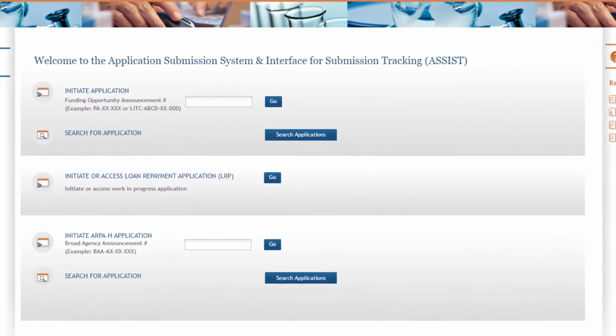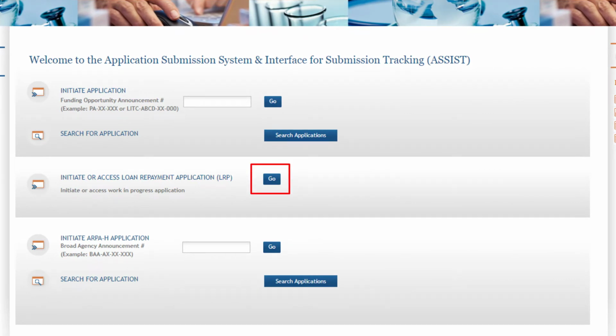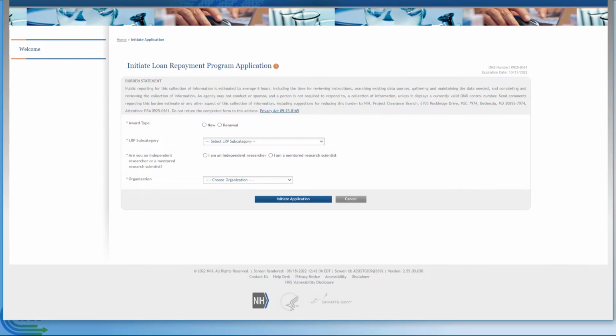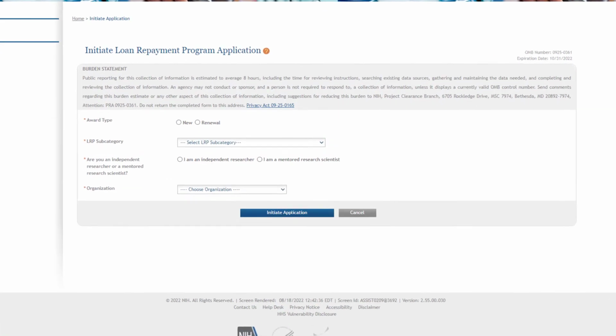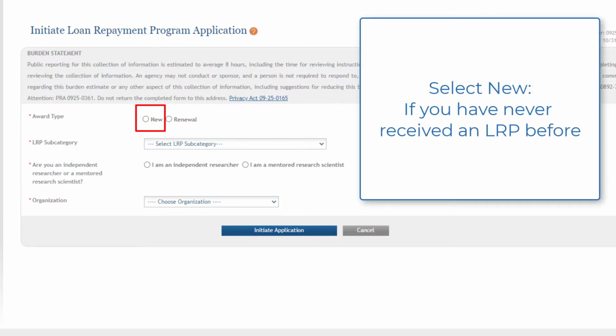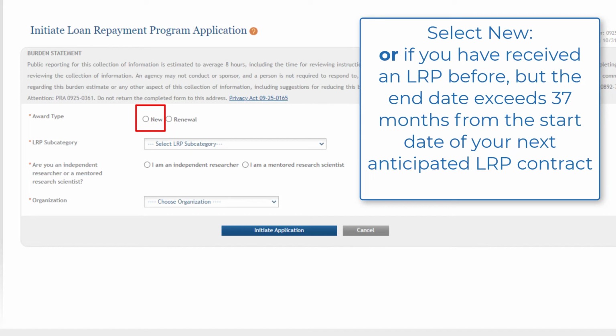To start the LRP application process, click Go for the Initiate LRP option. On the Initiate Loan Repayment Program application screen, you will complete the following fields: Award type, new or renewal. You will select new if you have never received an LRP award before, or you have previously received an LRP award, but the end date of your last LRP contract will exceed 37 months from the start date of your